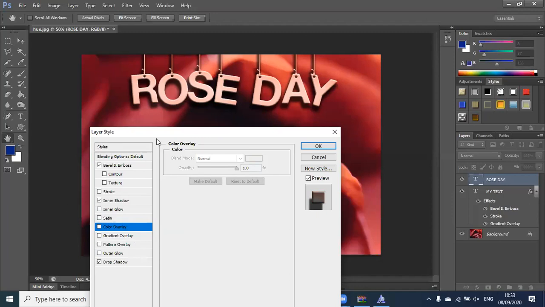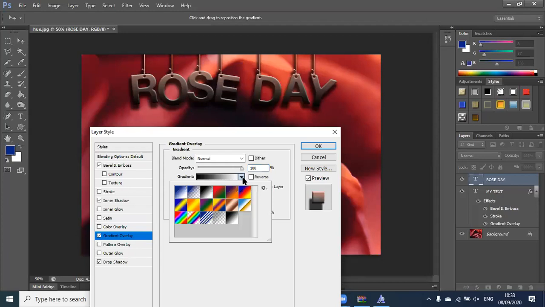All right, so I mentioned color overlay. Also, if you want to try out a gradient overlay, on the top it will come like a gradient. Choose the gradient that you like. I had created a few here, so I can just choose any one from here. If I like any of the gradients, I want to use that gradient here. You can use gradient effects as well.